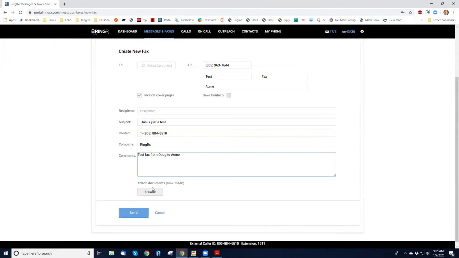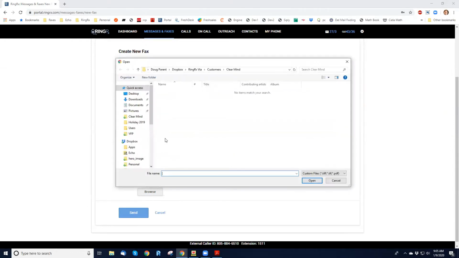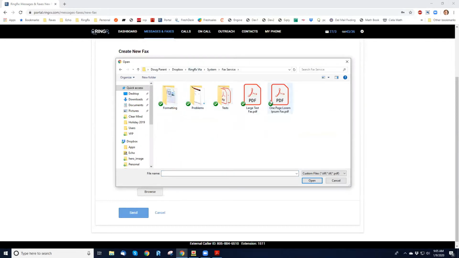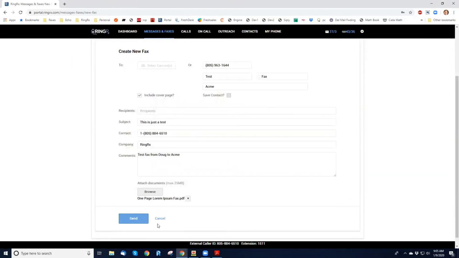And the next step is just to attach a document. You can attach either a PDF format or TIFF. So I'm going to browse. Now my document is attached here. You can continue to attach more documents, and they will just sort them in order and fax them out, starting with this one and then the next one. You have a total of 25 megabytes. In this case, I have well under that. 25 megabytes depends on